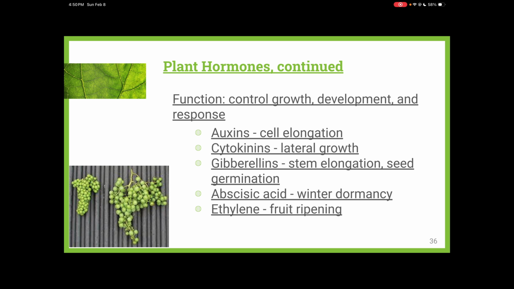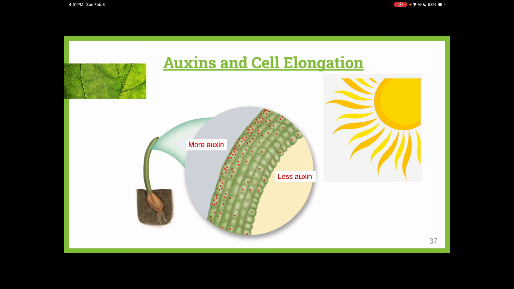Ethylene is one that you may have heard of before because it's what makes fruit ripe. And so if you have ever bought one of those food savers or fruit savers, usually it's something that absorbs ethylene to help slow the ripening process down. Because if one thing is producing ethylene in that space in your little drawer with all your fruit, then all the things will start to ripen faster.